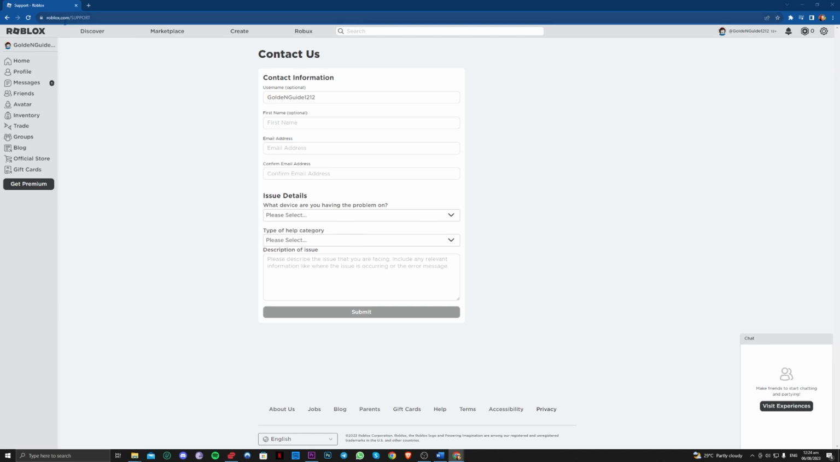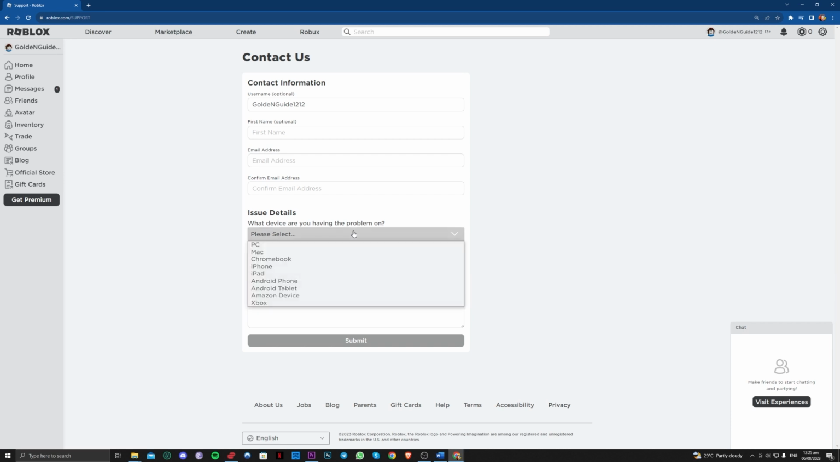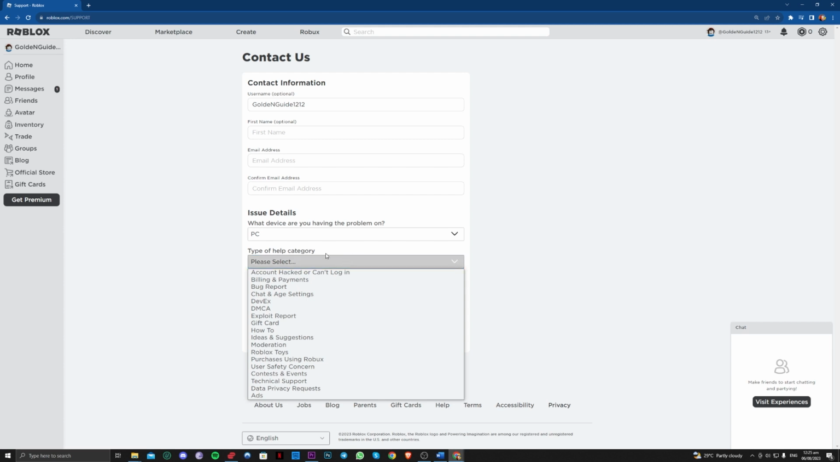So go over to the site roblox.com/support, basically the contact us or support section of Roblox, the official one. And over here you just have to input your username, your first name, your email address. Make sure this is important, guys. Input your email address and confirm it, because this is the way Roblox can contact you, so be sure that they are working. Also, on the email address, you have to make sure that it is connected to your account, and you just have to select the device that you are on and just select category,